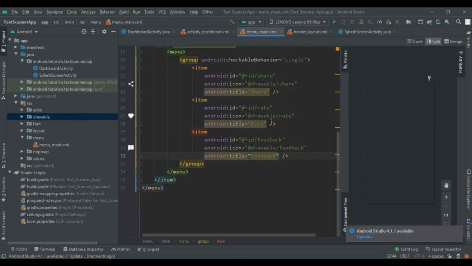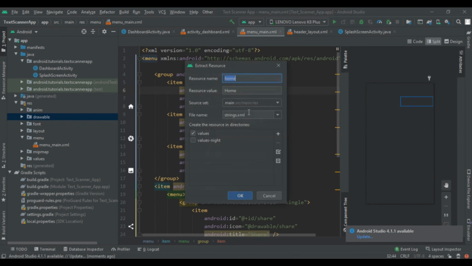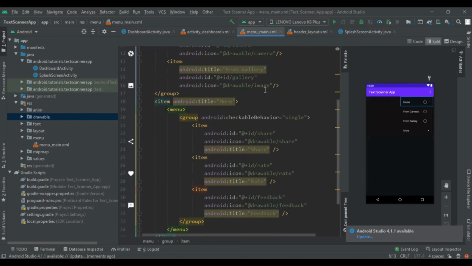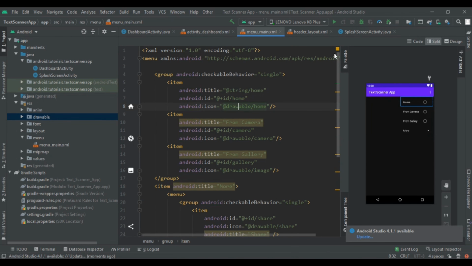So here we had completed the implementation of our code. Now we have to add this as a string, so extract string resource and then click on OK. So you will find this complete thing in the green folder, so you will find green tick. So here I am not doing that.